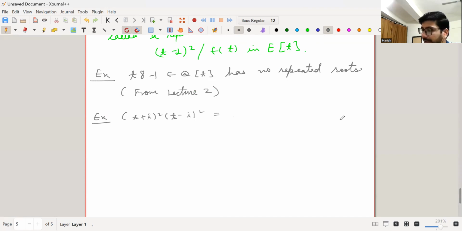This will be nothing but t^4 plus 2t square plus 1, and this belongs to Q[t], right? (t plus iota)(t minus iota) will be just t square plus 1, right? So this is nothing but (t square plus 1) whole square. So it is t^4 plus 2t square plus 1. So this clearly has repeated roots,